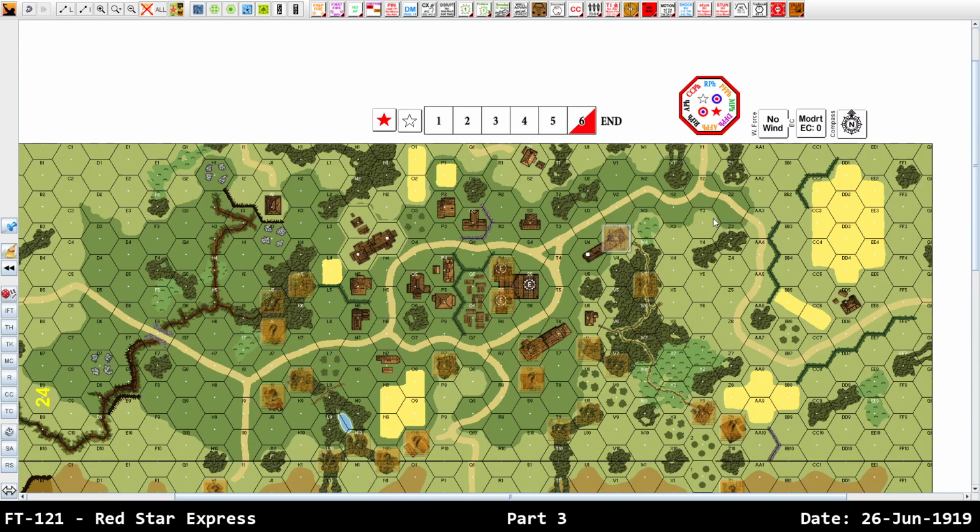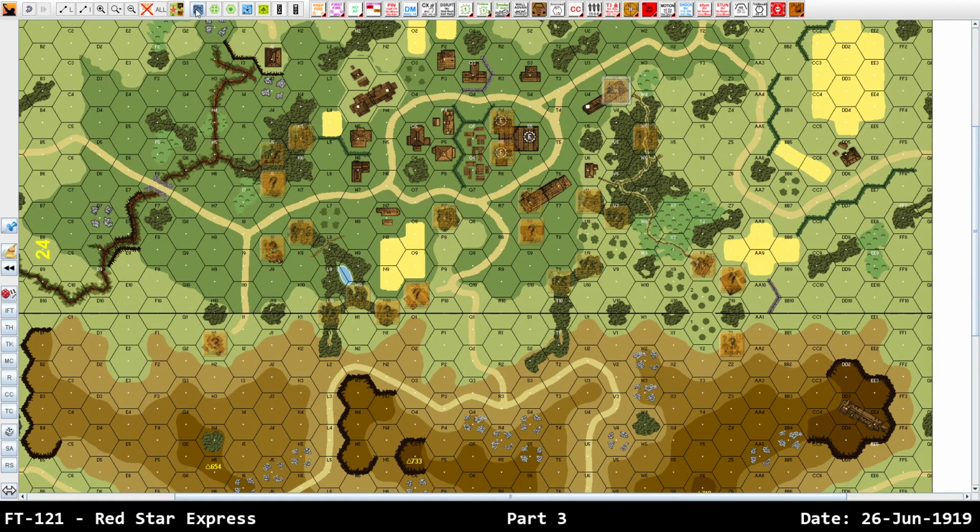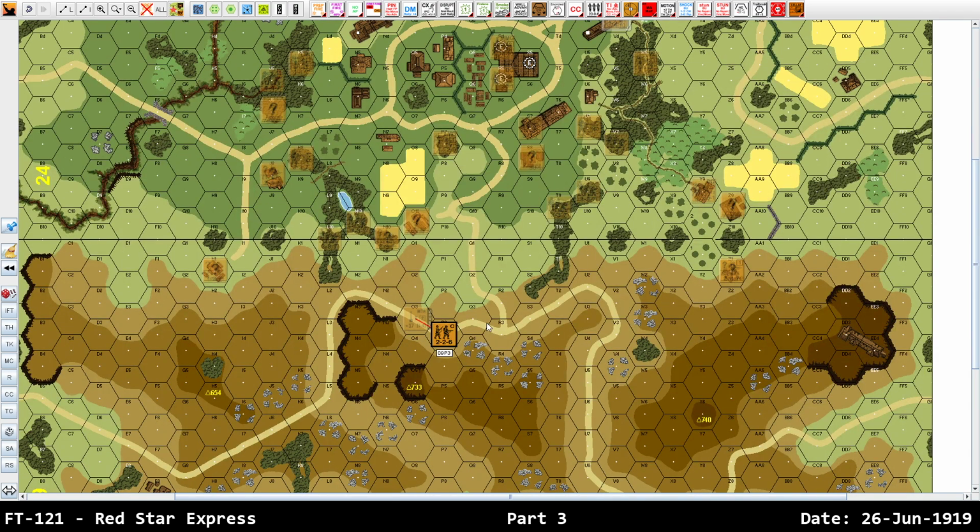Alright, I think I got everything done. I just need to check something real quick, because I'm not sure how this interacts with something. I'm just gonna give myself this. That, if I do a half squad. So you can see the half squad conscripts I have on the board, P3. No,